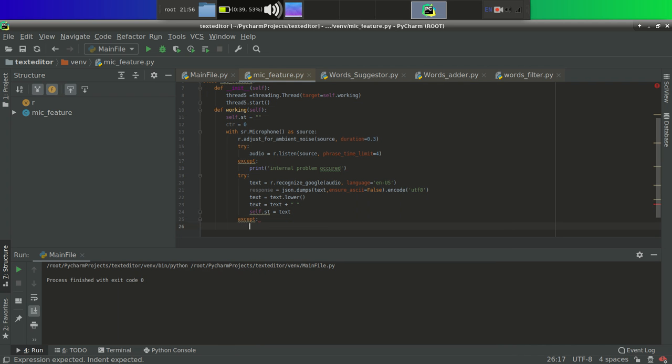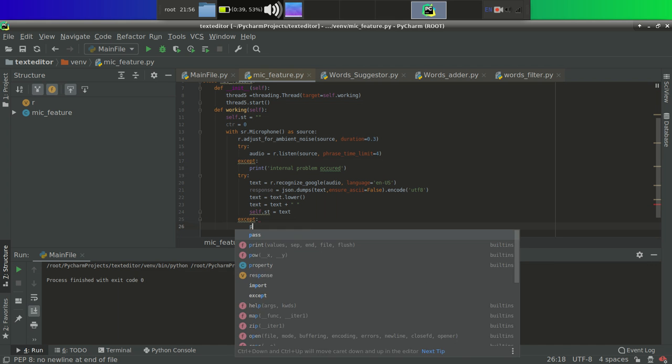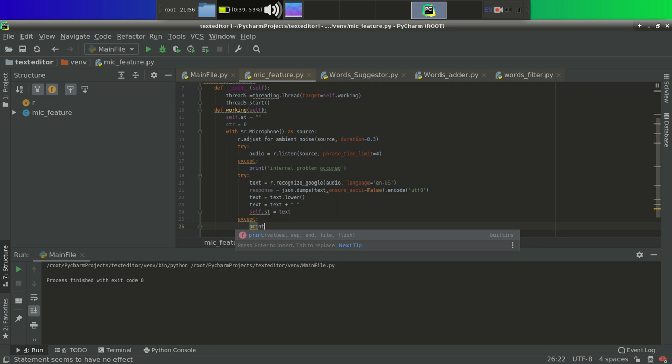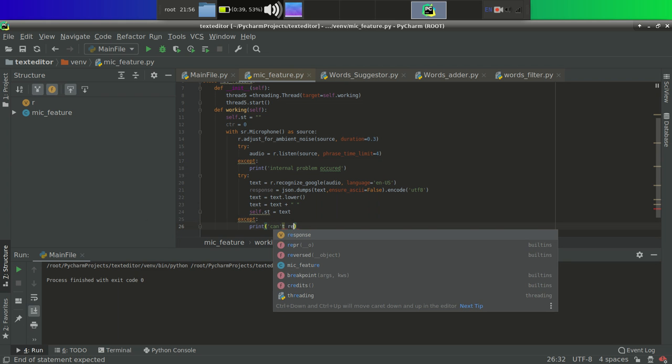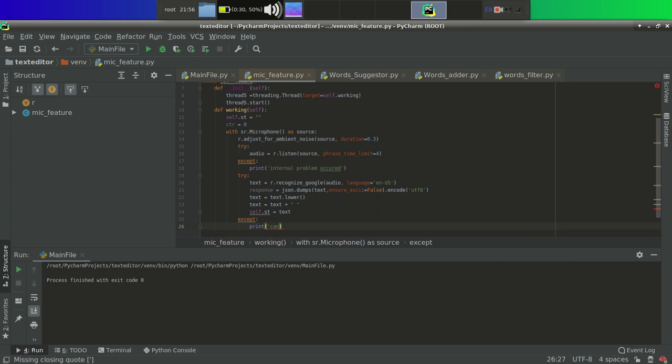If you remember, we have used try over here, so let's put except. In any case, if an exception occurs, we can use print: can't recognize, cannot recognize what you said.